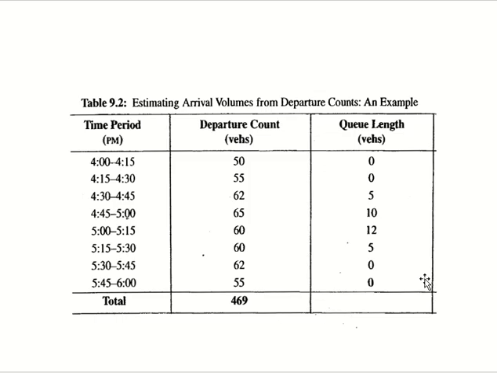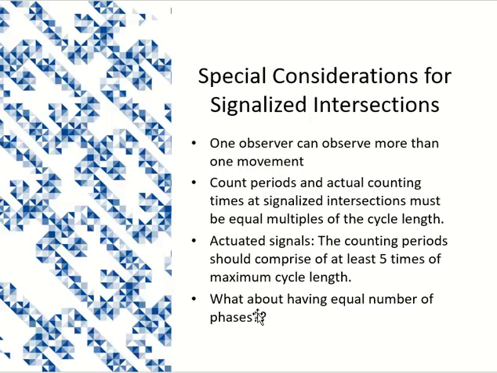Now you can see here the queue count initially was 0, final is also 0. So that means the total arrived has become equal to total departed. When you calculate the arrivals and you do the total, then you will get 469 there as well. Because there was no queue before, so no vehicles from the back period, and now no queue as well, so nobody who arrived has not left. So the total will be equal.